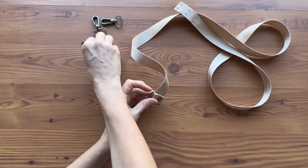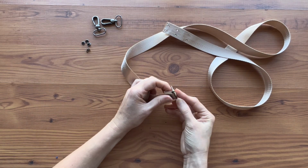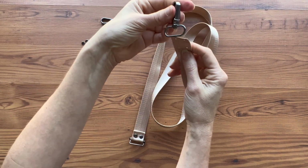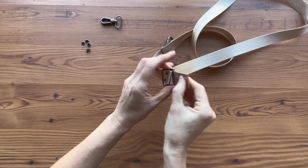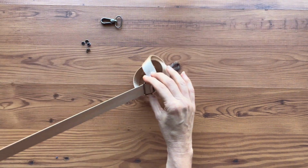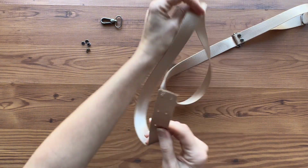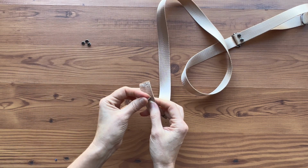And let's put the other rivet on. Now we're going to capture this on the inside, so we don't want to twist our webbing. We're going to put a clasp on. Keeping it straight, do not twist it. As you can see, we've caught that clasp on. We just need to connect those, and then again, keeping it straight, we are going to put this clasp on and a rivet,